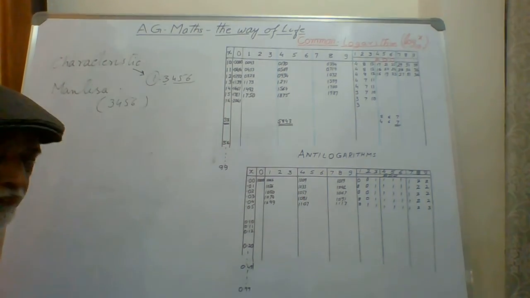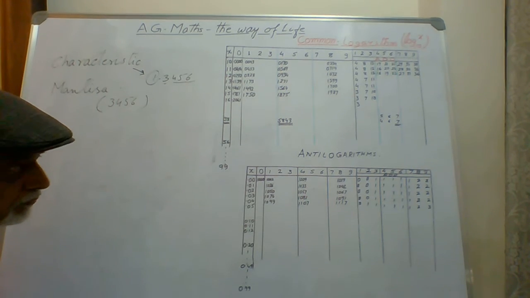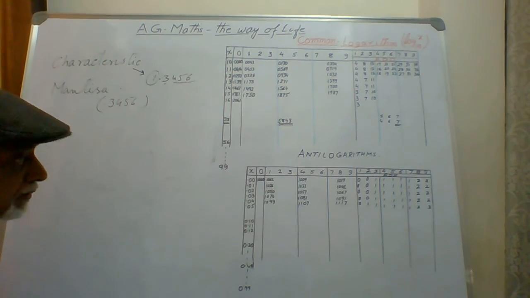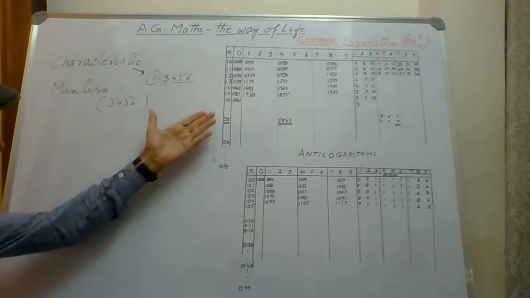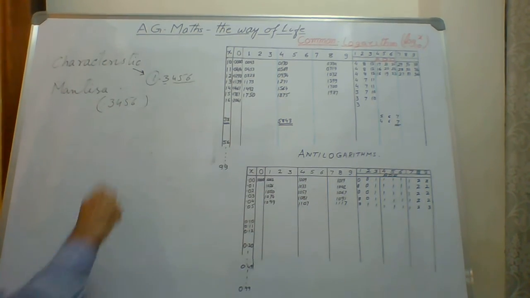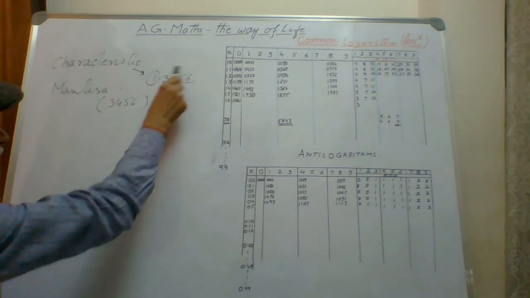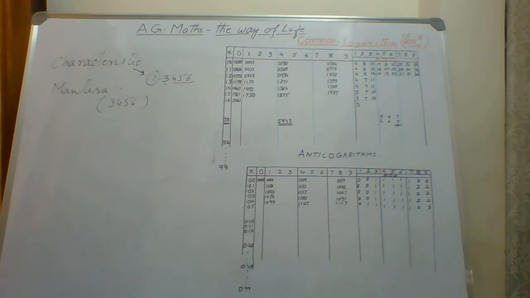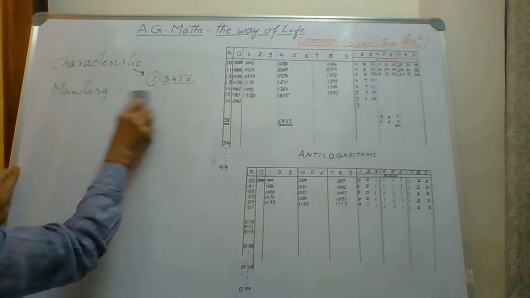So it will be 5, 6 or even a little higher than those numbers. But we will consider only 4 places of decimal. Now you have understood that the part before the decimal is called the characteristic and the remaining part is called the mantissa. Now, how to calculate the characteristic and the mantissa?